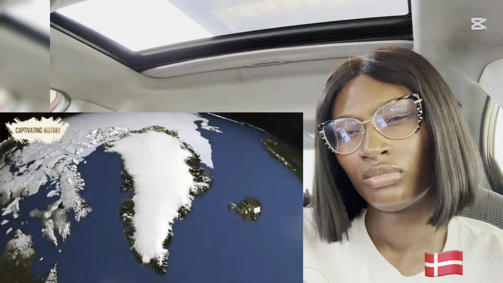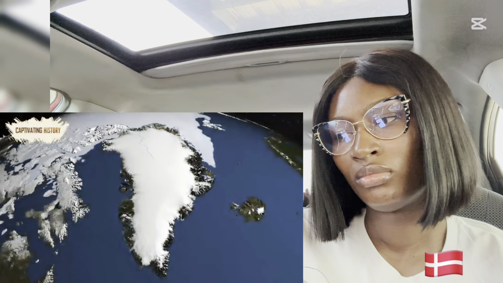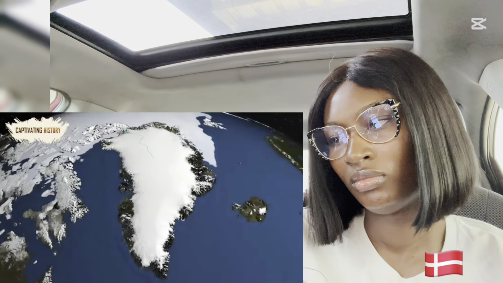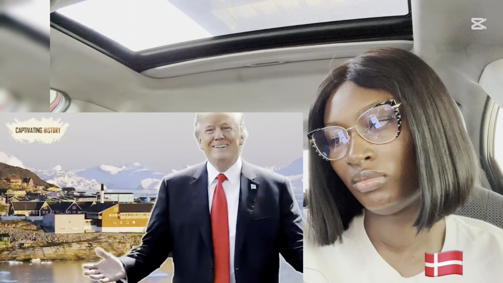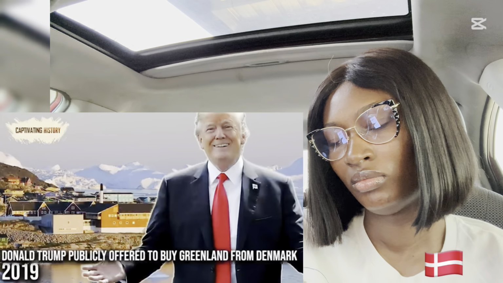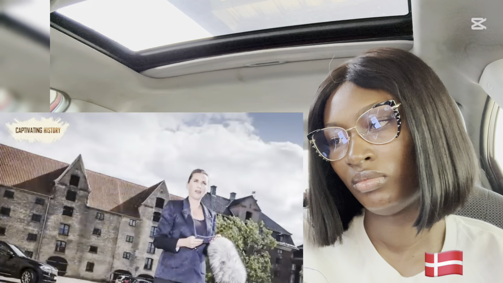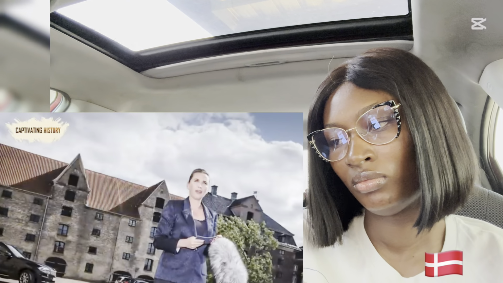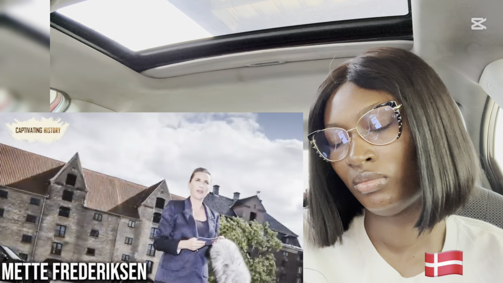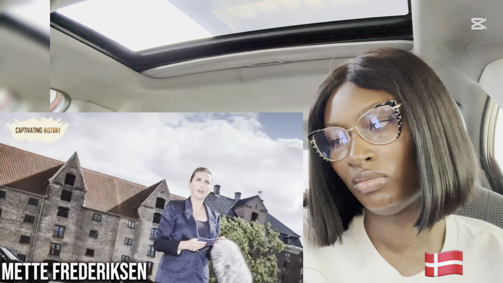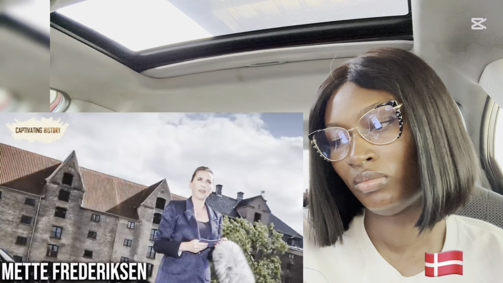America has maintained its presence in Greenland in the form of military air bases, and U.S. interest in the island has persisted. The United States has remained interested in buying Greenland. The latest offer came in 2019, when President Donald Trump publicly offered to buy Greenland from Denmark. In response to this, the Danish Prime Minister Mette Frederiksen said, "Greenland is not for sale. Greenland is not Danish. Greenland belongs to Greenland. I strongly hope this proposal is not meant seriously."